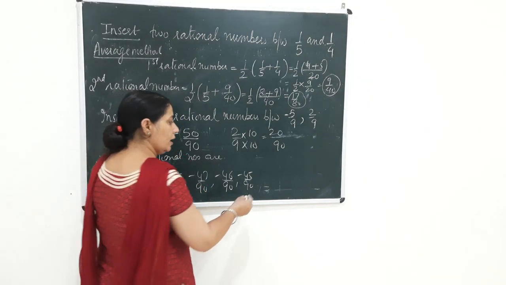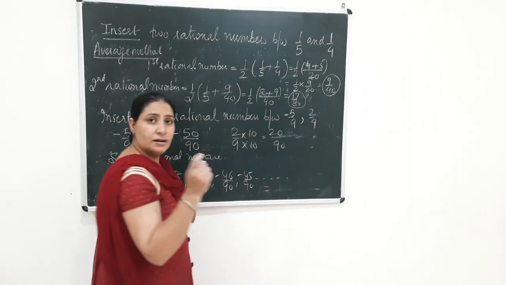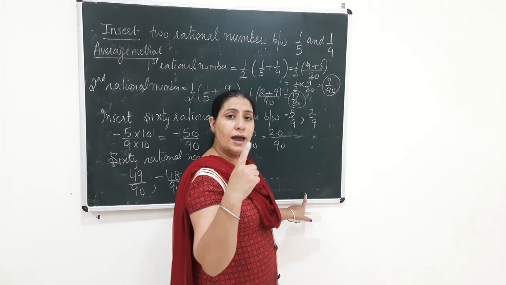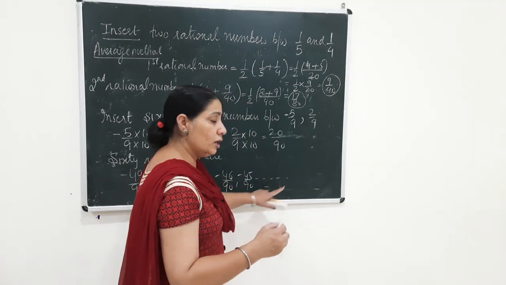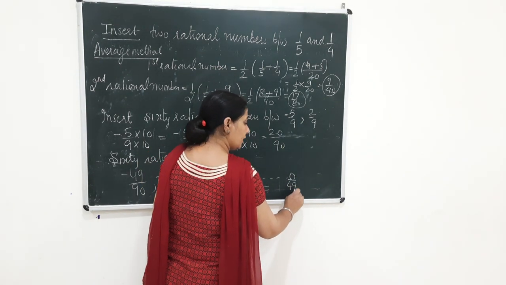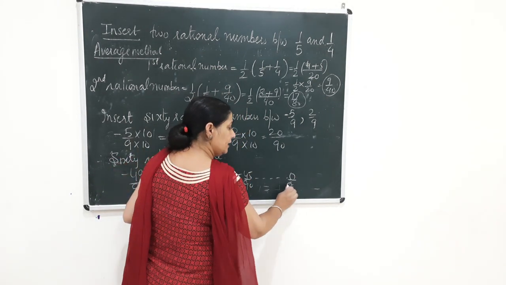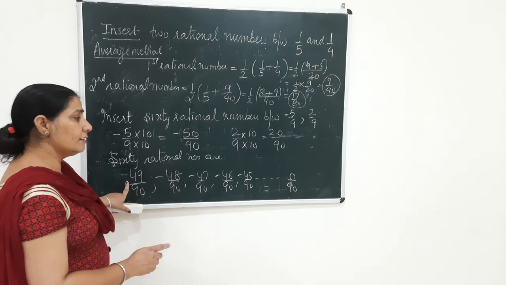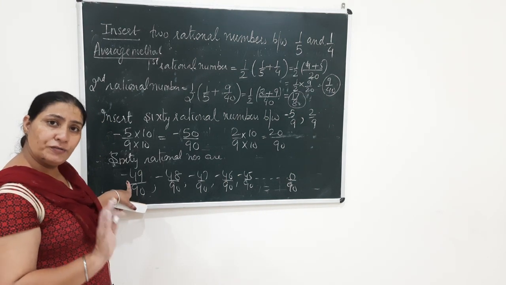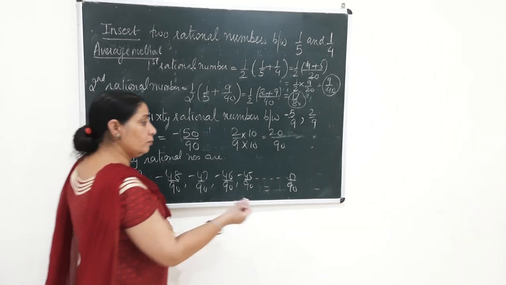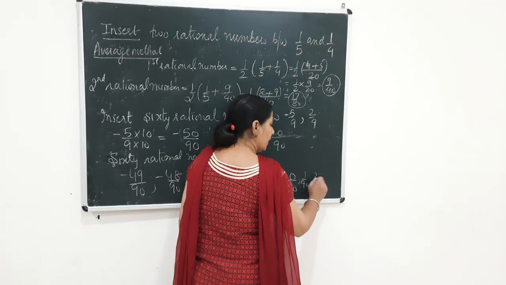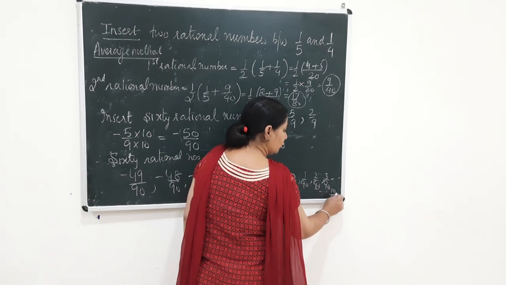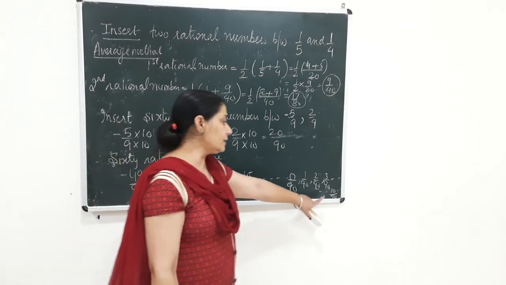सो वो 11 आप कहाँ से लिखोगे? आपके पास क्या आ जाएगा? डैश डैश डैश. Dash means इसके बीच में -44, -43, -42 all are coming और उसके बाद जब आप 0 पे पहुंच जाओगे तो इसके बीच में आपके पास 0/90 भी आएगा। और जब आप 0/90 पे पहुंचोगे तो 0 से लेके 49 तक आपके पास कितने नंबर्स होंगे? 50 नंबर्स यू हैव गॉट। नाउ यू वांट 10 मोर, तो 10 मोर कौन से होंगे? 1/90, 2/90, 3/90 and so on up to 10/90. So this is the last number 10/90.